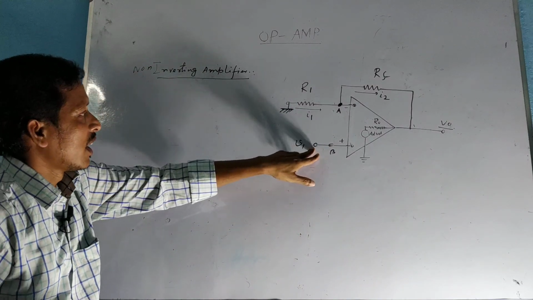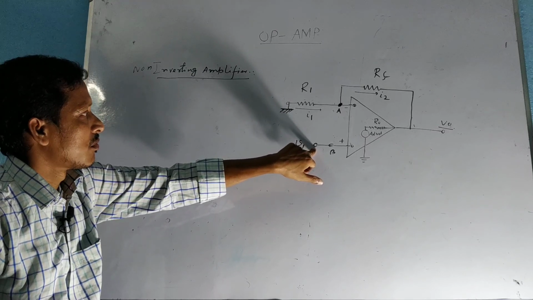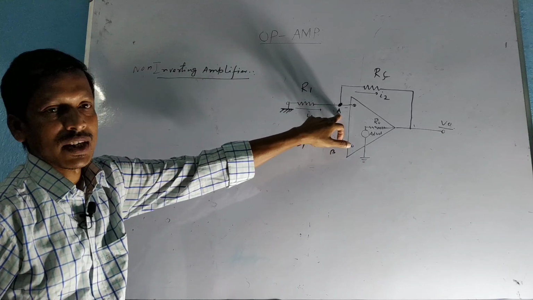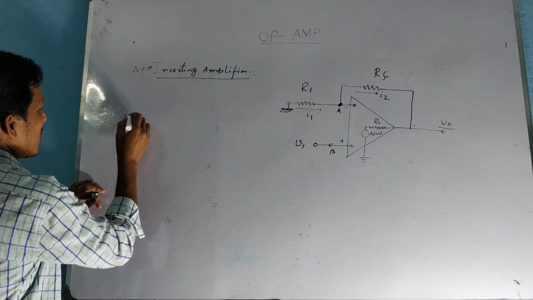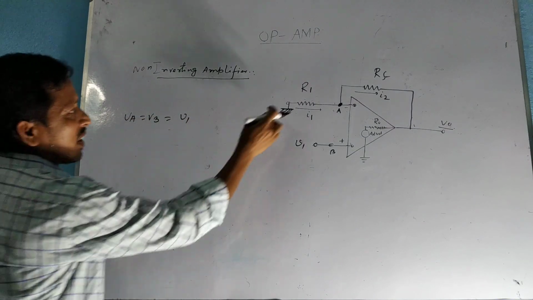Okay. Here the potential is V1, and from the virtual ground concept the potential at B is equal to the potential at A. So since VA equals VB and this is equal to V1,